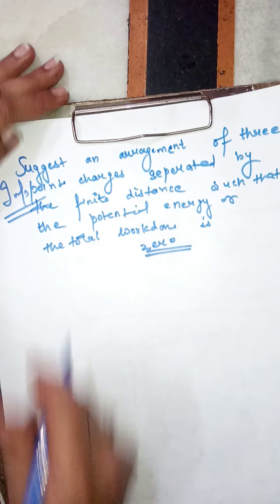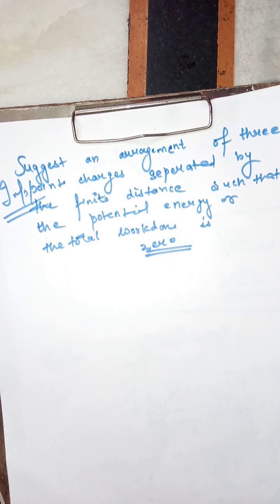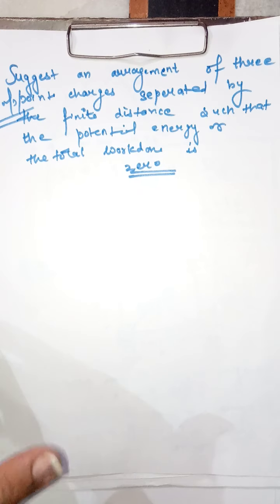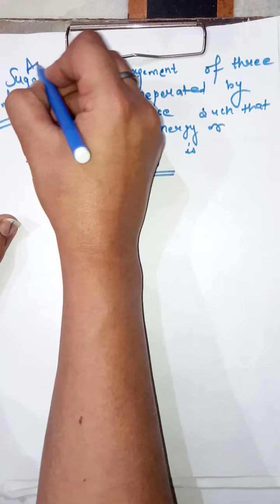I can give you a hint for this question. You are required to arrange 3 charges, rather than in a linear line, such that the total work done in having that arrangement is equal to 0. One hint is you can consider the arrangement of a triangle to solve it. An important thing is this is part of your assignment. This is an assignment question, a very important assignment question.